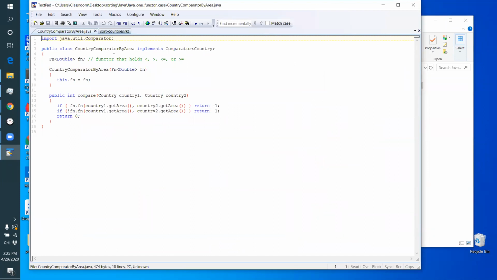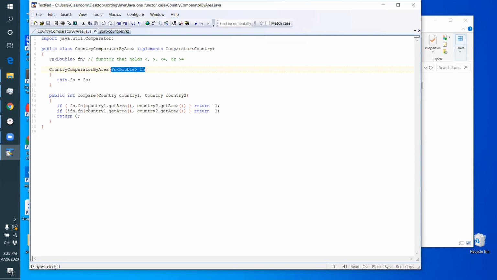It's a class whose constructor takes in a function pointer. Well, it takes in what I'm calling a functor. In Java, you can't pass functions around. You always pass objects that hold a function. That's what an object is, something that holds a function. When an object's goal is to only hold one function, we sometimes call them functors. The goal of this object is to hold the less than or greater than function. So I pass to this constructor the thing that holds whether I'm doing a less than or a greater than